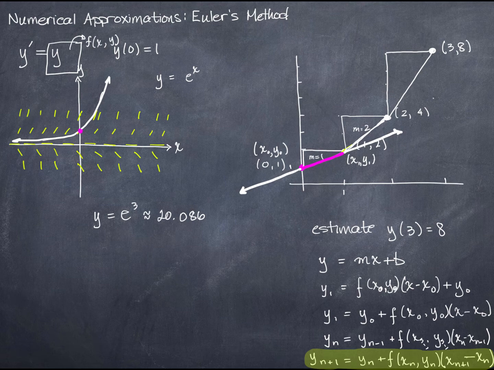I'll also point out that some textbooks use the form y sub n plus f of x sub n, y sub n, times h, where h is understood